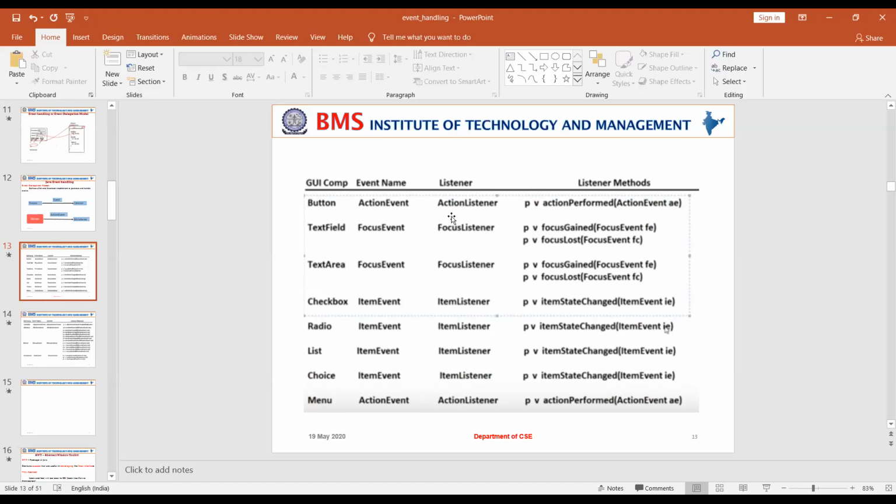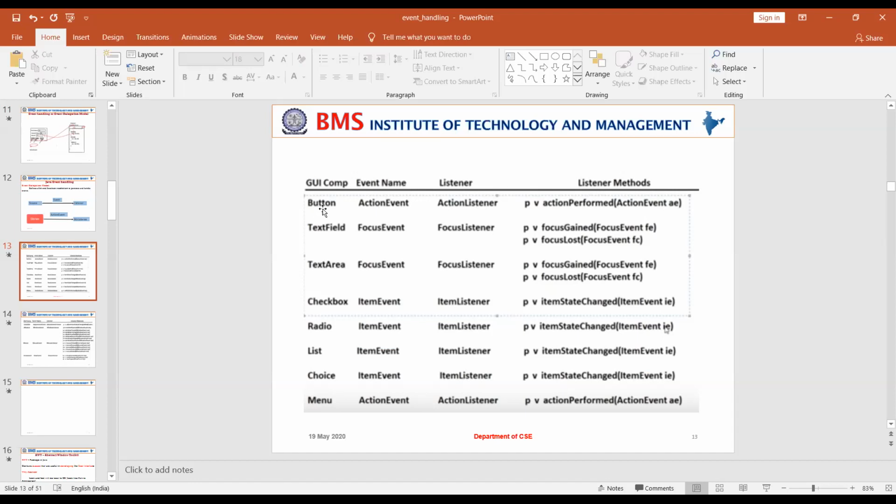So this is the interface we have. Inside the interface, there is only one method. I have written public void actionPerformed, and I am creating a reference variable AE of type ActionEvent. What type of event is generated? Action event. Inside that one method, I am trying to handle this particular event, the action event, for which I create a reference.